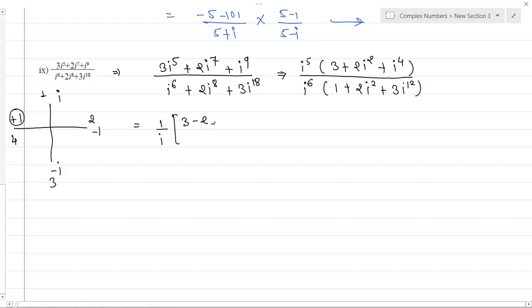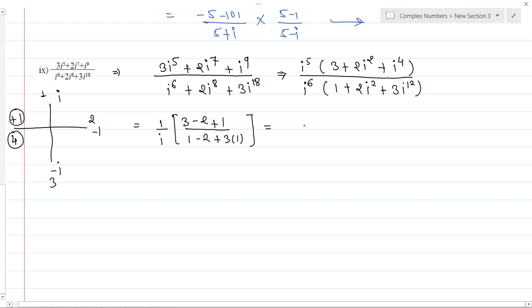So keep this as it is, plus 1, divided by, so 1 plus 2 into i square becomes minus 2. Now where will 12 come? Count 12: 1 2 3 4 5 6 7 8 9 10 11 and 12. So 12 will be here only. This is a multiple of 4. Okay, so this is equals to plus 1 only. So it's 3 into 1. Are you getting it? Yes or no, please? Yes sir.